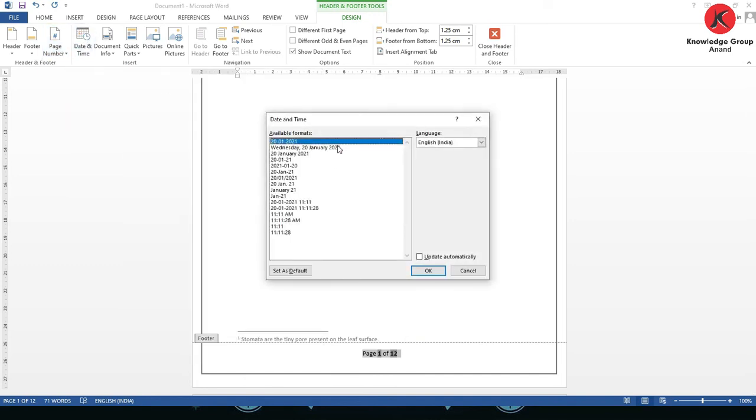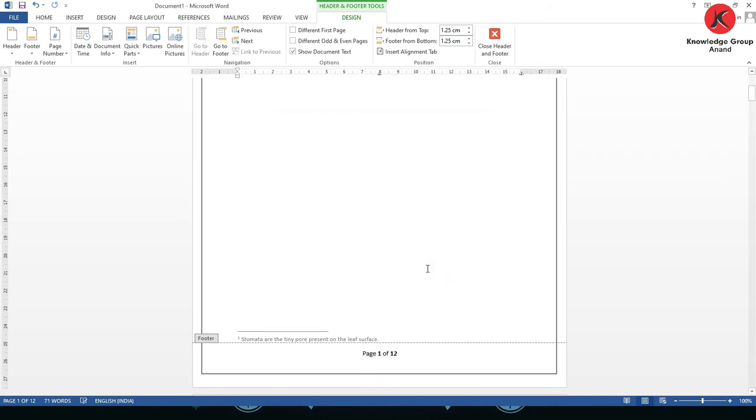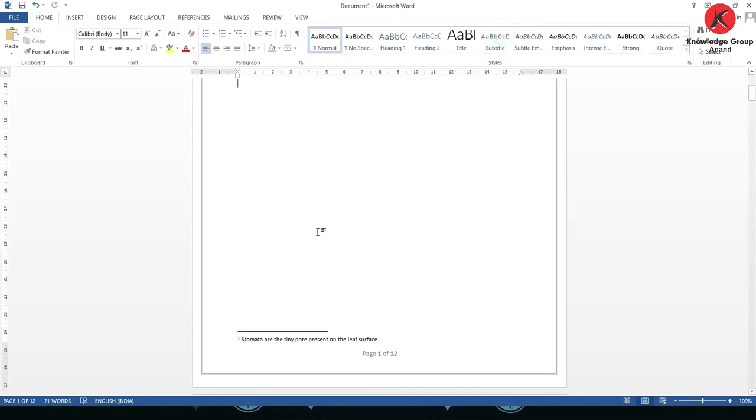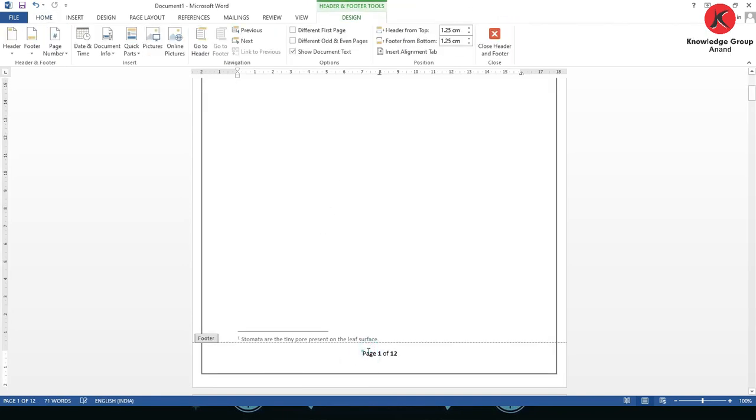So select it, day and date. Select the particular format and select update automatically and okay. It will be displayed at the bottom of the page, date and time. Select or double click it and type the insert date and time.